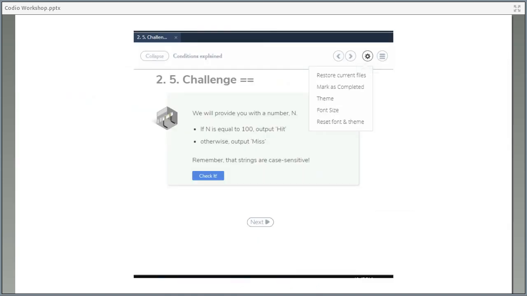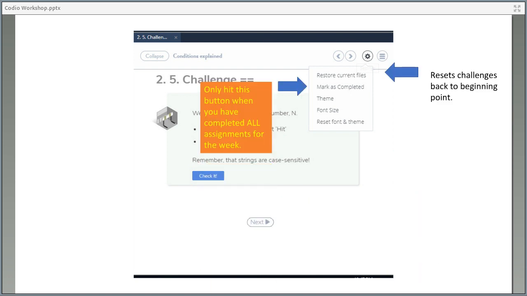And that's all that's explaining there. Once you make the change, you can click check it again. All right, now if you click on that settings icon up at the top that I mentioned previously, there are usually some options here. This top one is to restore current files, and that's if you, so typically when you